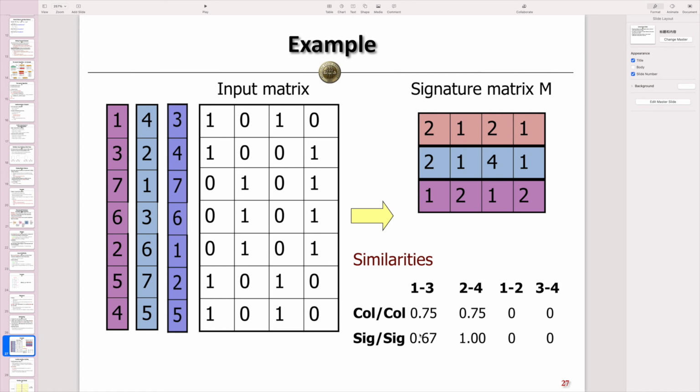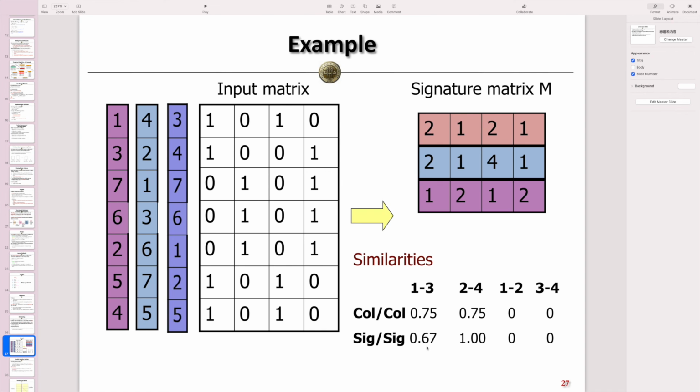Then let's calculate a similarity score based on the signature matrix as well. So between document 1 and document 3, let's look at the signature vectors. This is the signature for document 1 and this is the signature for document 3, right? Between these two vectors, we can find that they have 3 values. However, they only share the same value twice. For the first value, they share the same value, and for the third value, they also share the same value. So the probability for them to have the same signatures will be about 2/3,